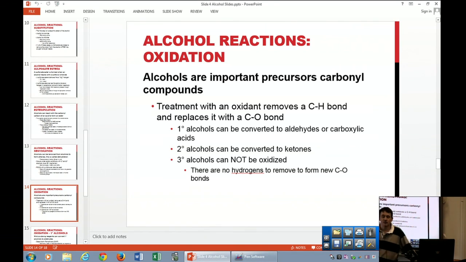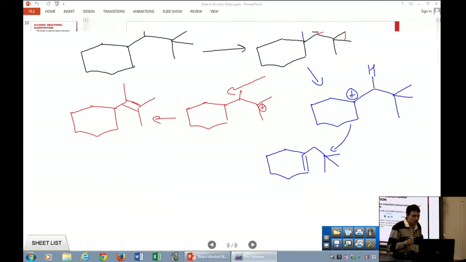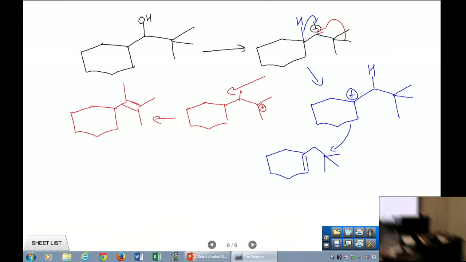So oxidations: there's a nucleophilic reaction that happens, and then you change the number of carbon-oxygen bonds that are in your molecule. Basically there are 3 types of alcohol, so you get 3 different types of products. So we go back to our thing here. So if we look at oxidations,